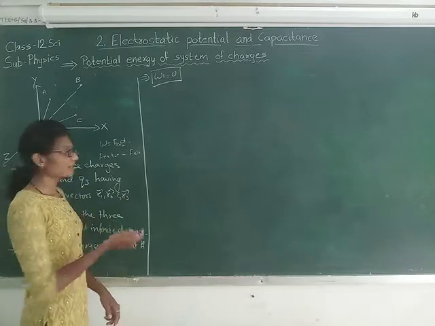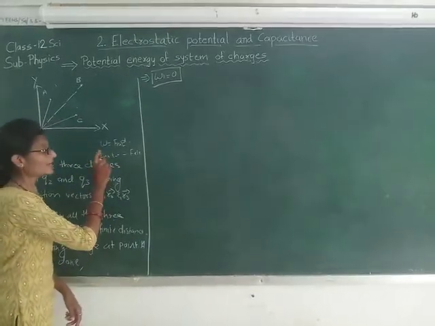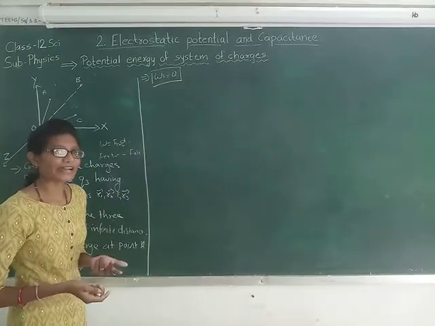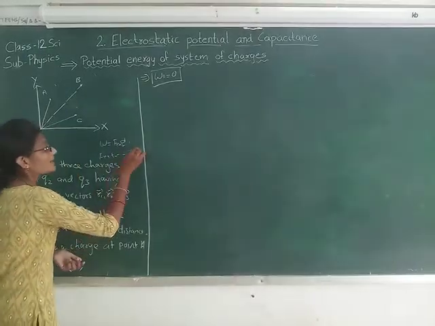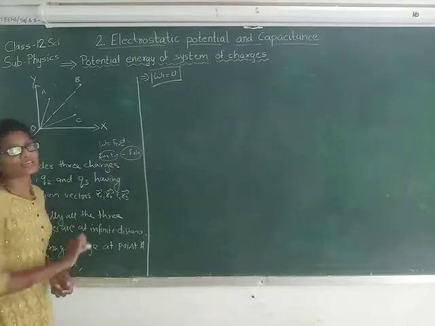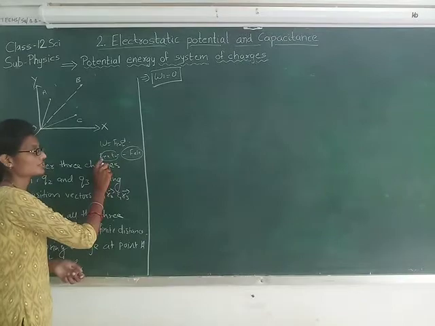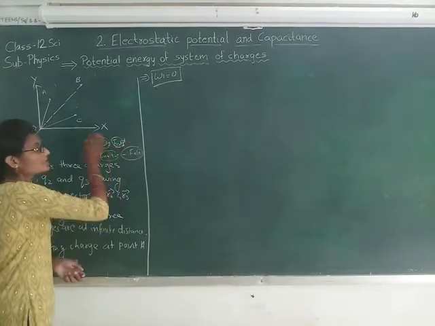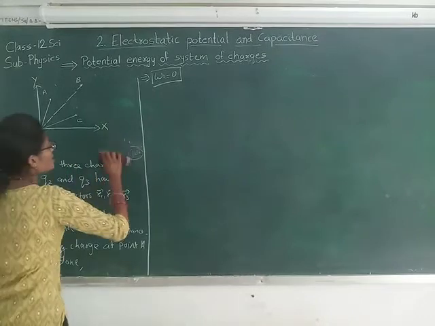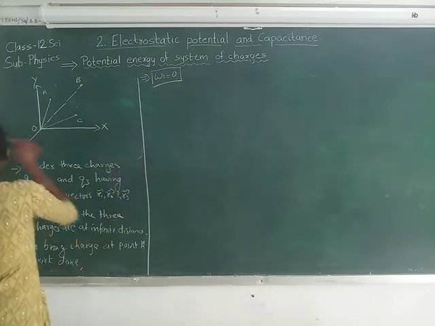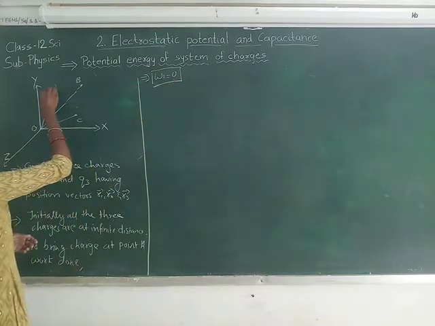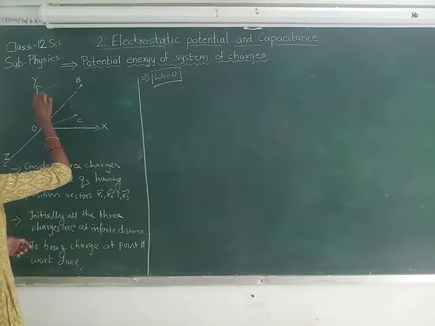You can go through that for this concept. Here external force is equal to minus the electric force, that is, opposite to that of the electric force. Here electric force is not there, because electric field is not there. So external force is also 0. If this is 0, this is 0. If external force is 0, then work is also 0. So work done to bring the charge Q1 to a point A is 0, because here there is no electric field.